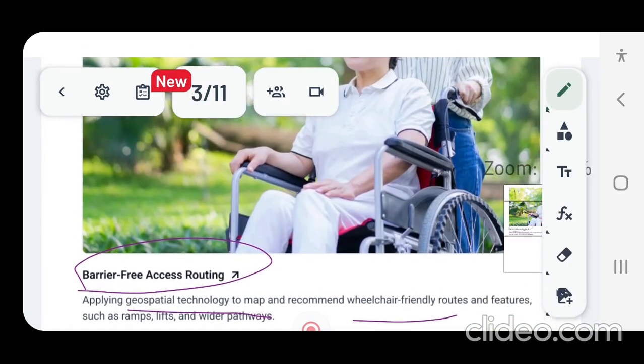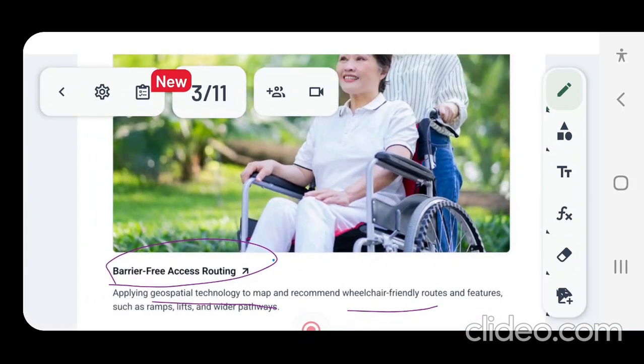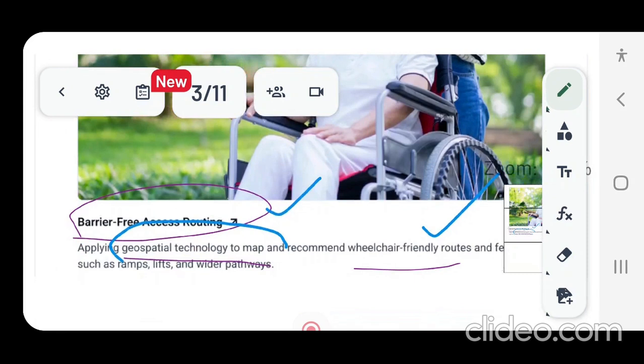Now, a smart city should also be accessible to people with disabilities and old age people, and such wheelchair friendly routes are also provided in Singapore by using geospatial technology to map.